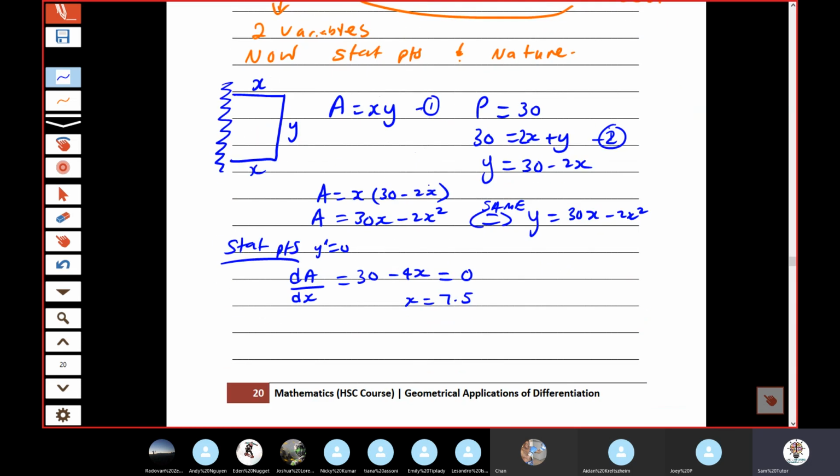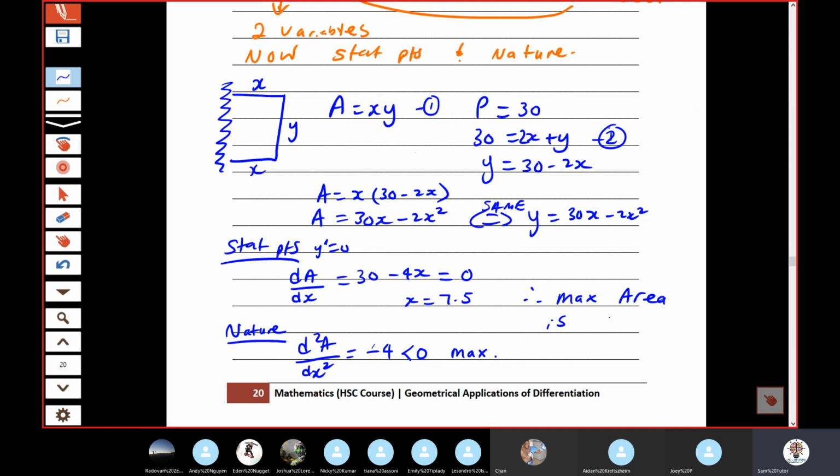You just went and did y dash. So you've got to prove its nature. You've got to make sure it's a maximum and not a minimum, because if it's a minimum, there's a problem. So nature. Nature is y double dash. Y double dash is negative 4. What is negative 4 always? Less than 0, which means max. Therefore, max area is